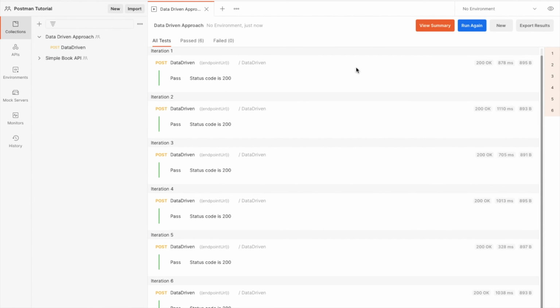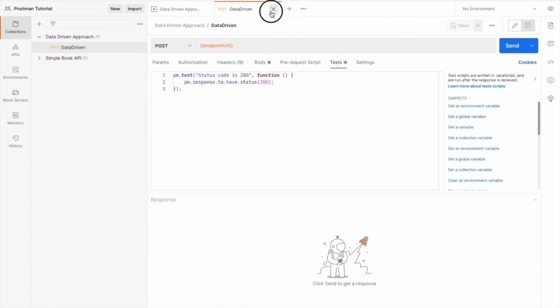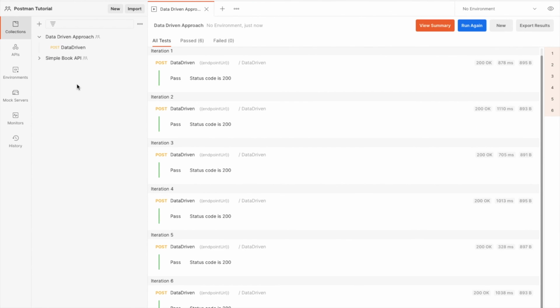So these are two ways where you can use either a CSV file to provide a set of data into your request, and the other way is using a JSON file, and based on that you can provide the data to your test cases. For more detail, to understand how API automation testing can be done through Postman for APIs,